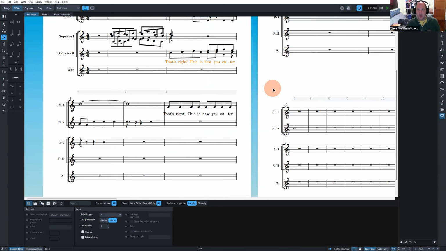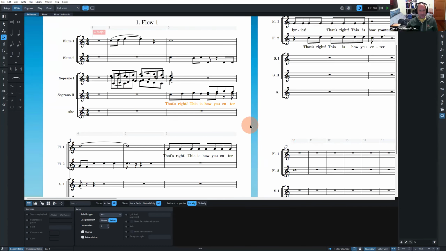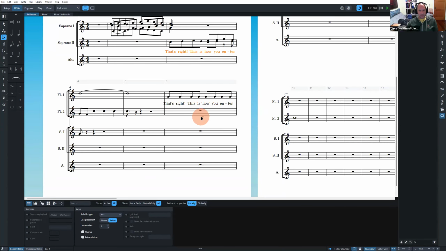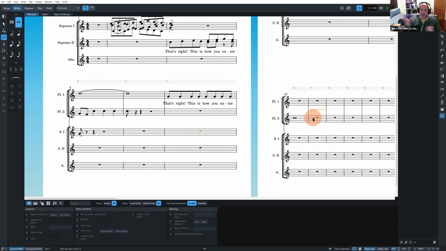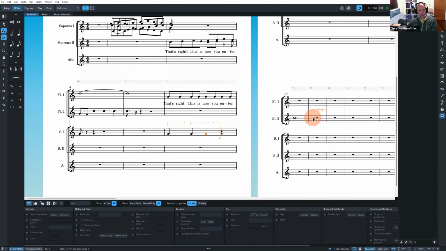Paste. So John, you were asking about clone lyrics, and the thing is there is no comparable thing to clone lyrics. However, you can copy and paste lyrics quite easily. Unfortunately, there are some oddities to this in that it preserves the rhythmic location of the lyrics. So if my sopranos are singing quarter notes,